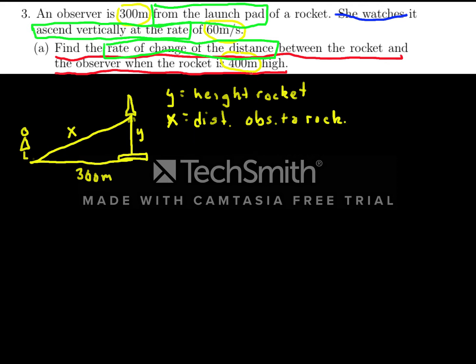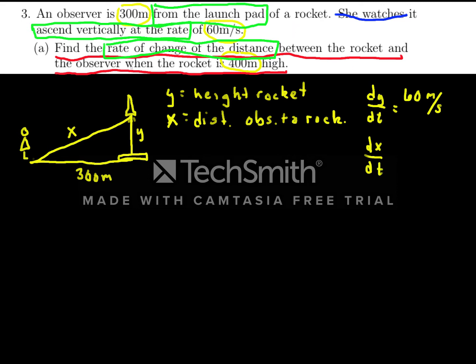And so the ascension of the rocket, that's going to be dy/dt, and we know it's time because it's 60 meters per second. And we're asked, so the last boxed expression is: what is the rate of change of the distance? And we've described that as x. So what is dx/dt